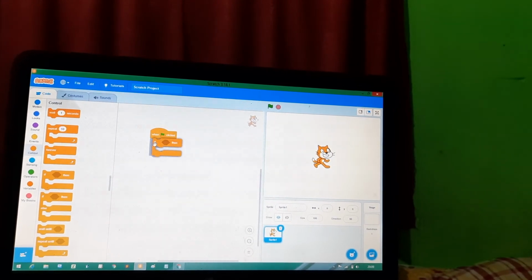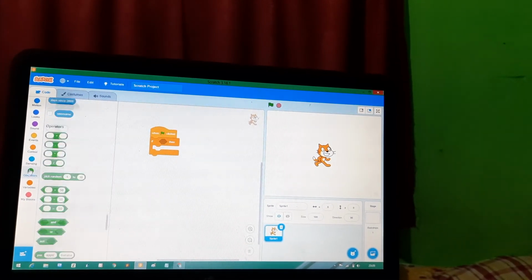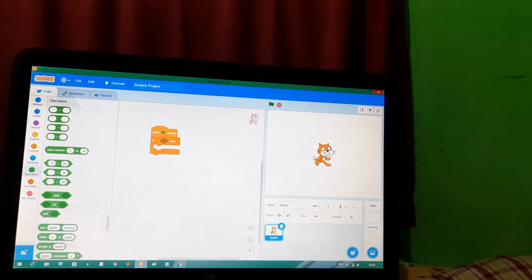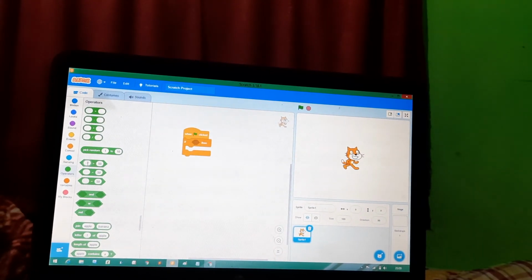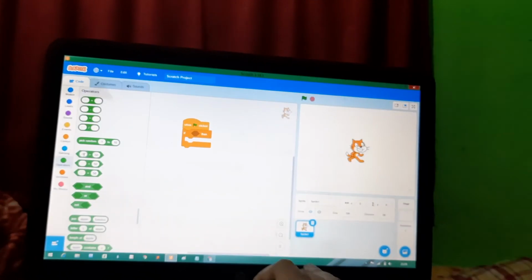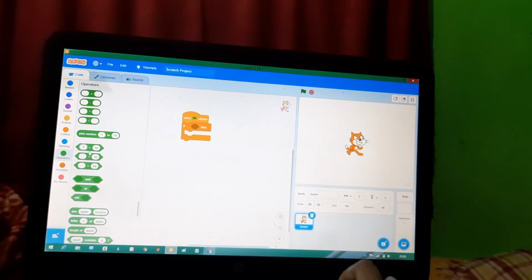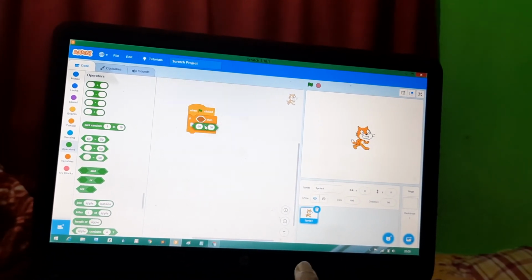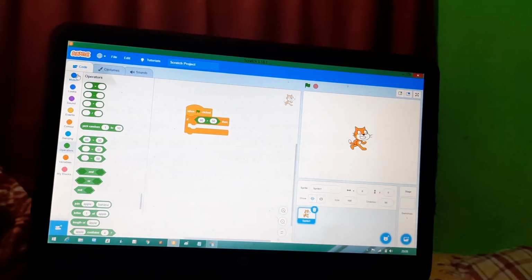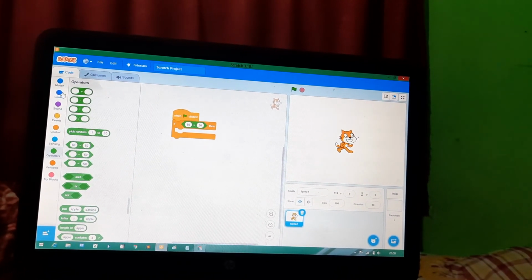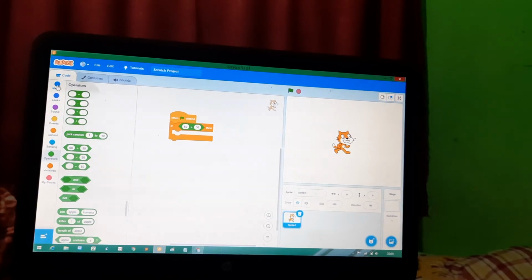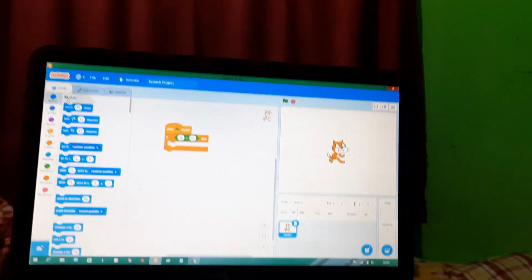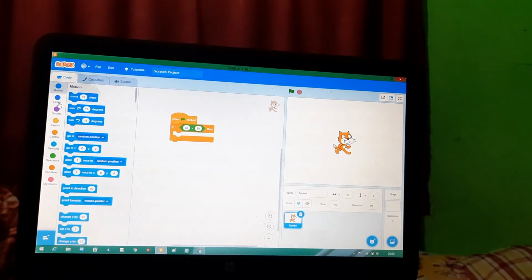Inside it choose an operator. Here type 50 only. Okay, not 50, sorry, 50 is not greater than, so 60 is greater than 50, obviously yes. So as it is greater than 50, whatever you put here, it will show you the result.